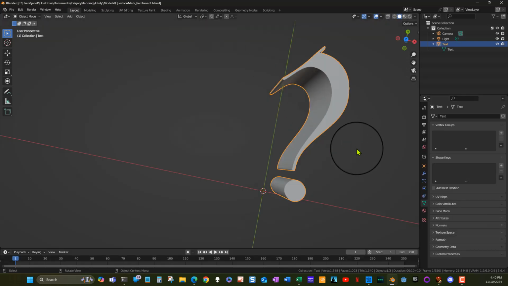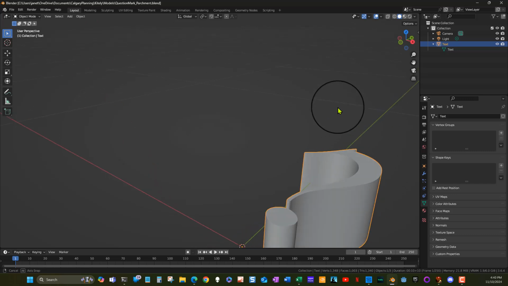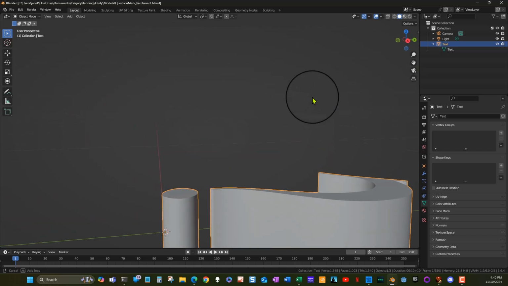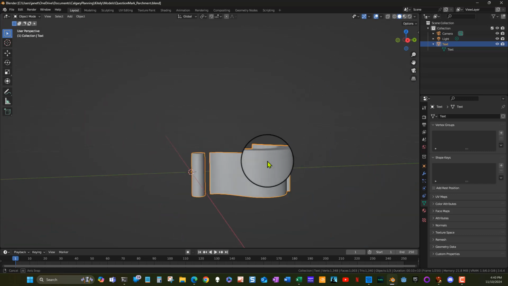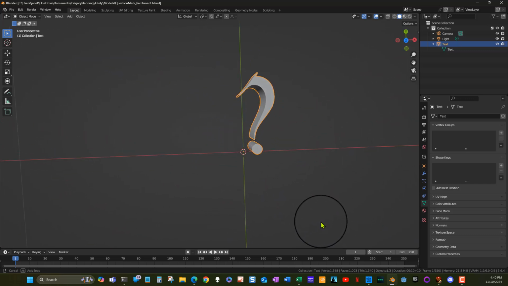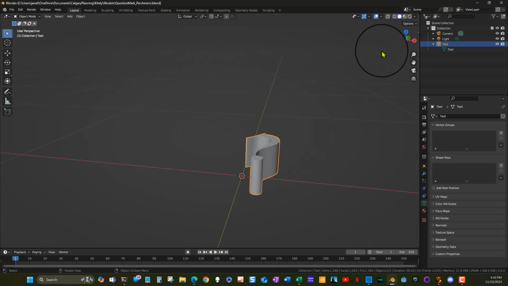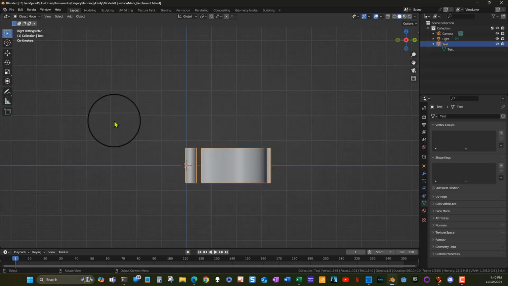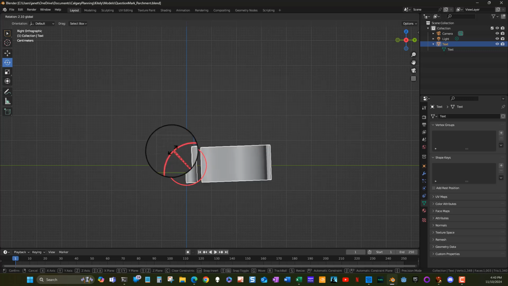If I were to import this into OpenSimulator now, it would appear like this whenever you dragged it into the world. I would rather have it appear upright. So I'm going to rotate it. I'm going to click X up here in this view, and I'm going to click rotate,